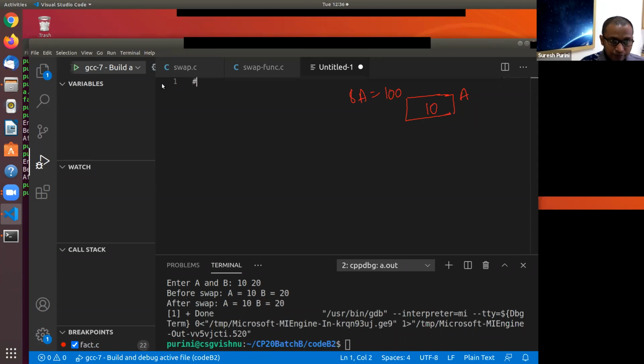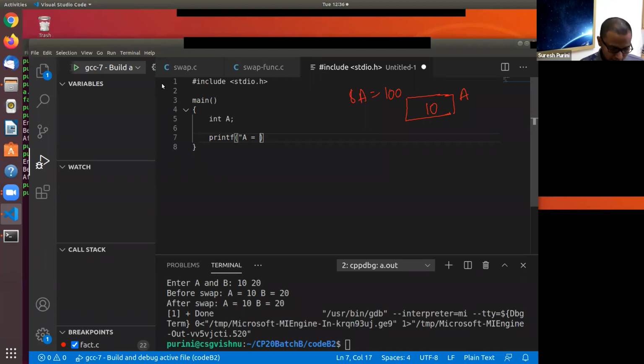So let's see. We will take one thing at a time. int A is equal to 10, and printf A is equal to %d. I'm using what is called a %p format specifier, which prints the address in hexadecimal form.